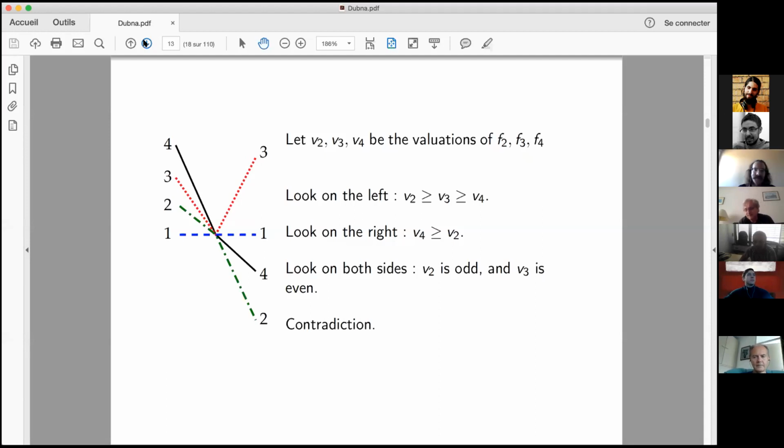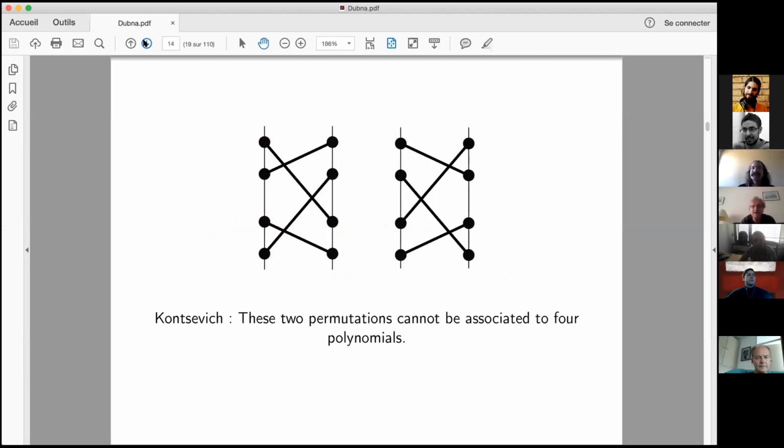Okay, now immediately, as any mathematician, when you see a theorem, the first thing you want to do is to generalize it. And this is the obvious question. What's happening when you have not 4 polynomials, but n polynomials? And this is not difficult to see that, of course, there is a second forbidden permutation. On the left, you can see the permutation which is forbidden by Conceivage. And on the right, you can see the other permutation, which is the mirror image of the first one, which is forbidden for the very same reason. If you change each polynomial to its opposite, you get another impossible permutation.